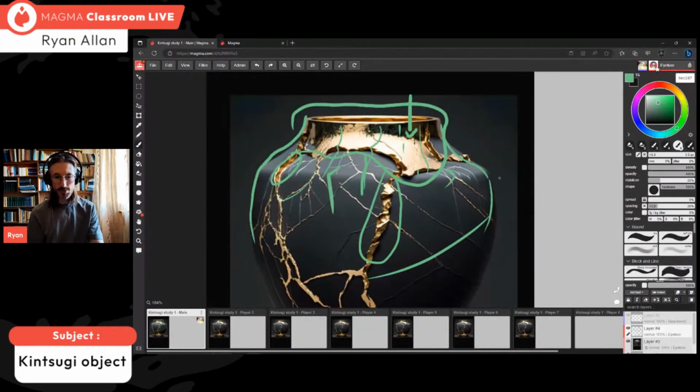Generally, the overall shape, the edge of things is very much